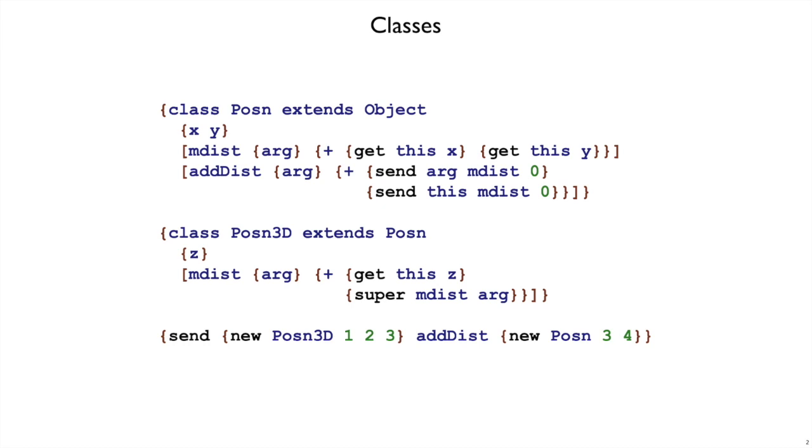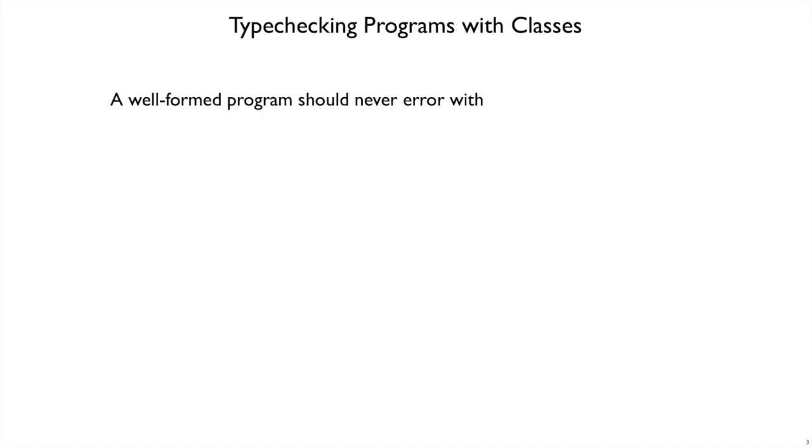We looked at class-oriented curly without a type system. But if we try to run class-oriented programs, there are a number of things that might go wrong that we could rule out with a type system. For example, a typed class-oriented curly program should never raise a not a number error, just like it shouldn't with our lambda-oriented curly. And along similar lines, you shouldn't get a not an object error, which you would get if